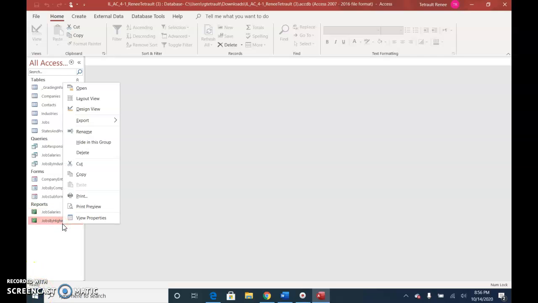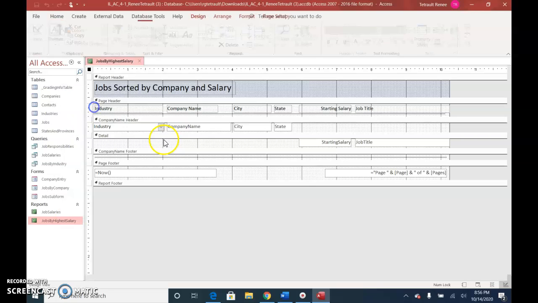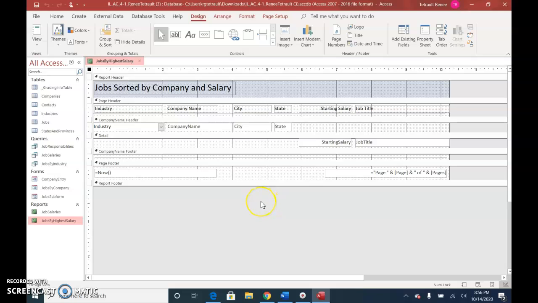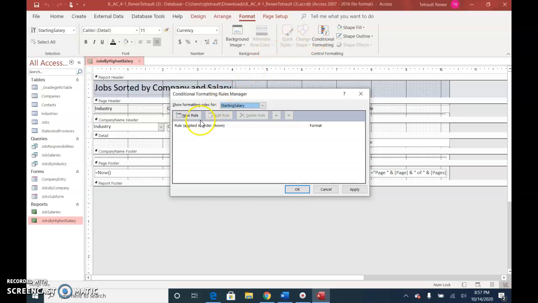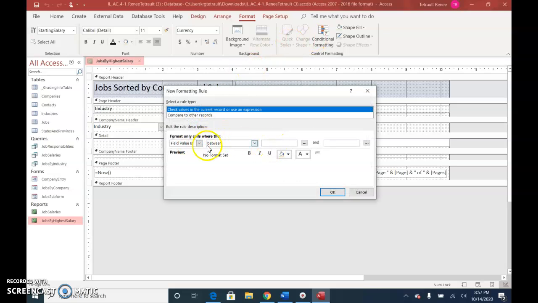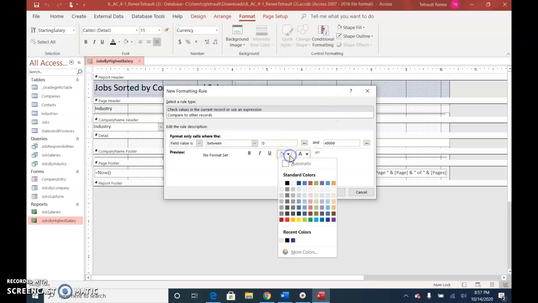Right click the Jobs by Highest Salary report and choose Design View. Make sure you click in the Details section, Starting Salary, and then you'll click Format. Choose Conditional Formatting. Choose New Rule. And right now the field value between, and you want to type in 0, and then after the and you want 49,999, and the background color, which is the tipped over paint bucket, is yellow,